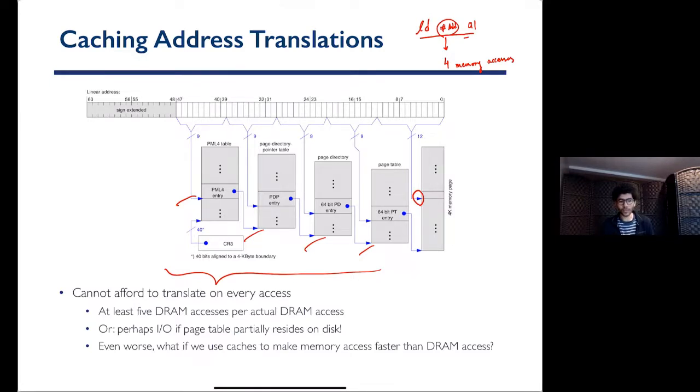The answer is that we really don't do this all the time. And how we avoid doing this is by caching the translations. So if I end up actually going through these 4 levels to do a translation, now that I know virtual page number 5 is mapped to physical page number 10, it's wasteful to throw it away because we already saw that our memory accesses have temporal and a spatial